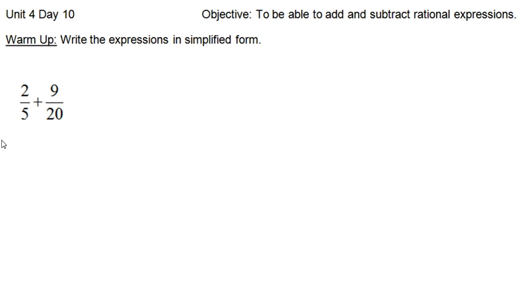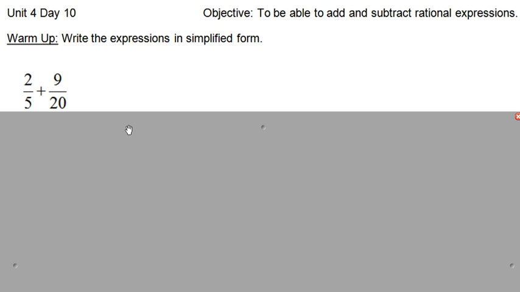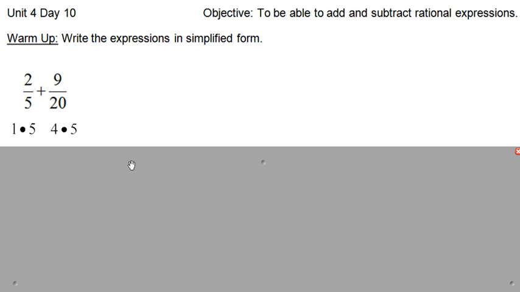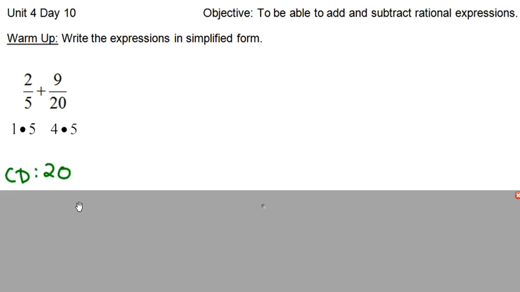So we want to think about, well, what represents the denominator? What factors do we have? When we think about 5, that's 1 times 5, and 20 can come from 4 times 5. So they've got this common factor of 5, and the only thing that's not the same would be the 4. So since 5 is part of the 20, if my denominator was 20, I could add my fractions together. So if I'm going to say my common denominator is going to be 20, I have to figure out